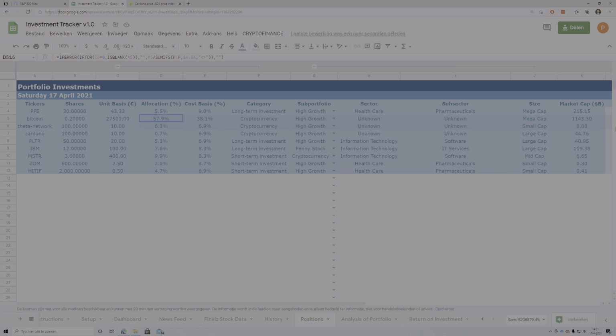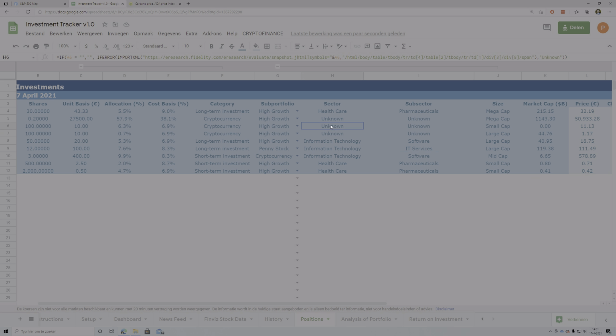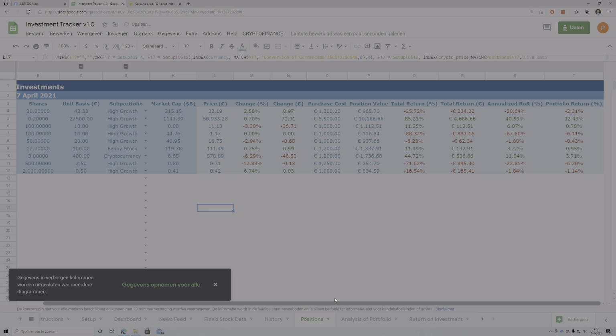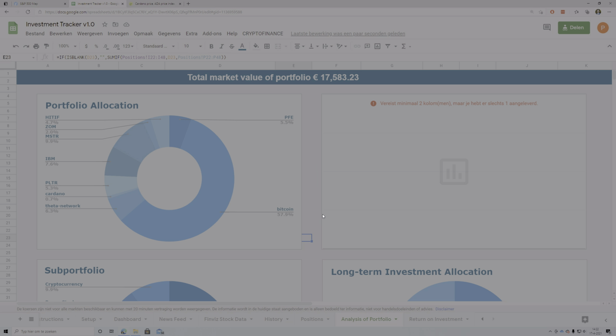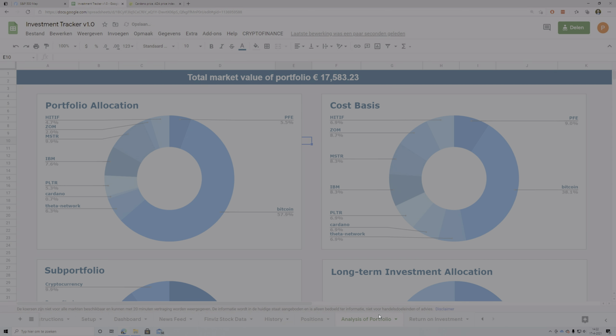And then the rest of these formulas are automatically calculated. So over here we can see that research fidelity is used to import data on the sector, on the subsector, and I usually have these columns closed. And this data is also used to create the analysis of your portfolio. Unfortunately, for whatever reason, when I close this one, there you go. Yeah, the cost base is also